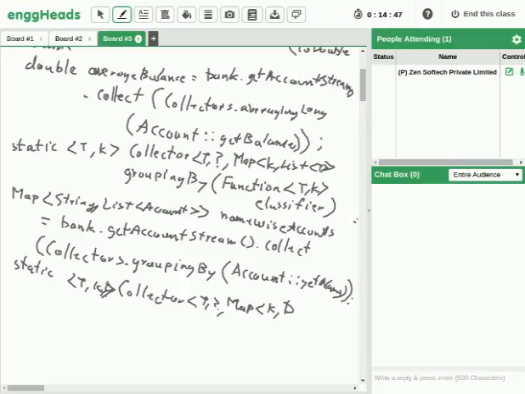It maps from K to D. Not a list now. In the earlier case, this was map of K comma list of T. That has changed to D. The method name is still grouping by,